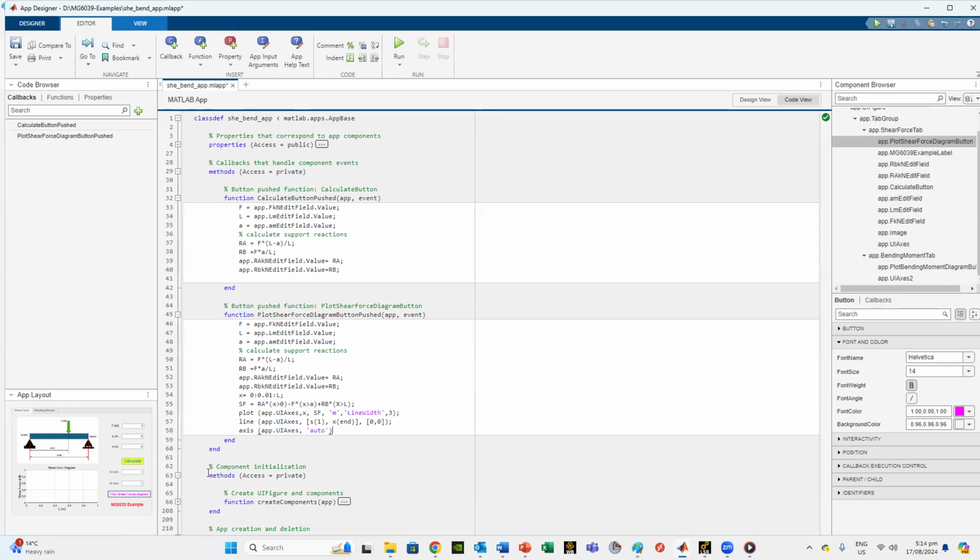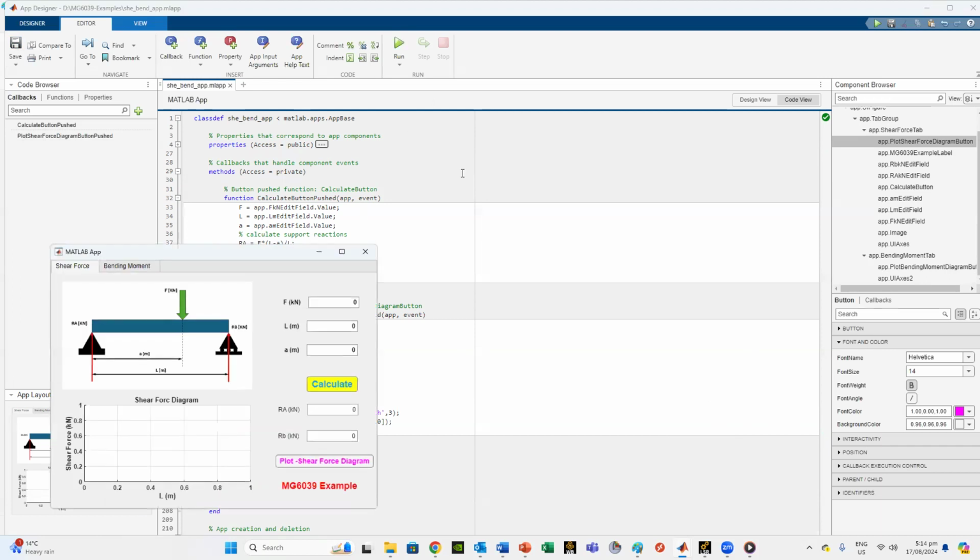Right, we go there. So this is the app, it's finished and all good. We save. Let's test it. If something is wrong, I will get an error and I'll try to fix it. Very simple. So we get here, we click run, and we have, let's say, we want a point load in